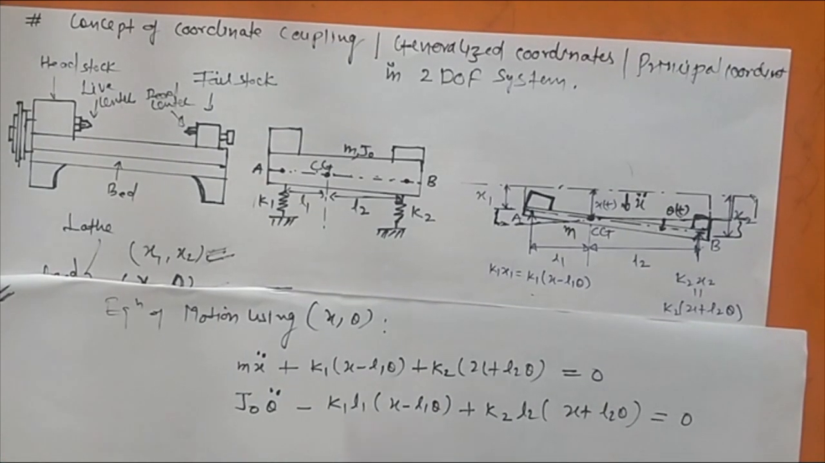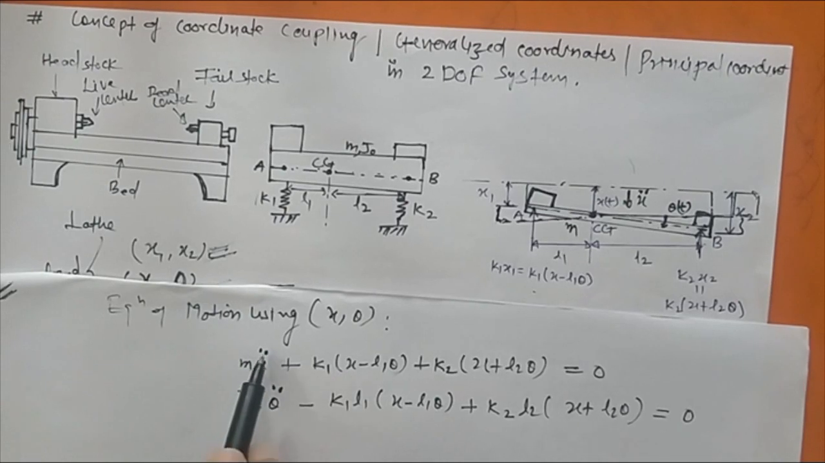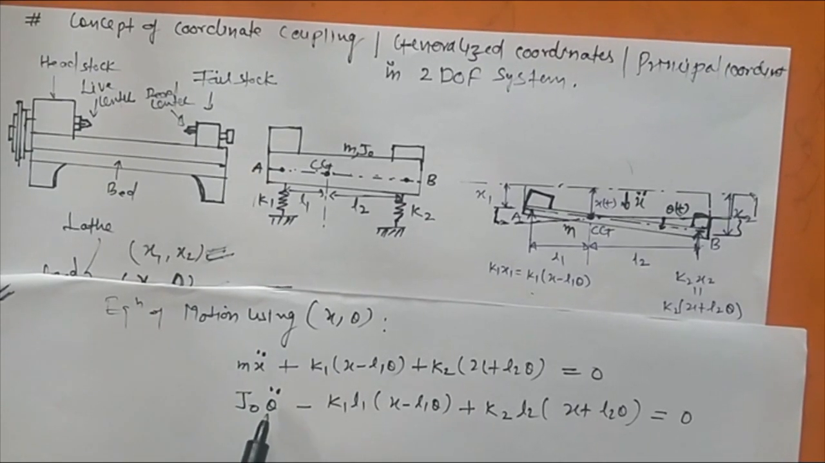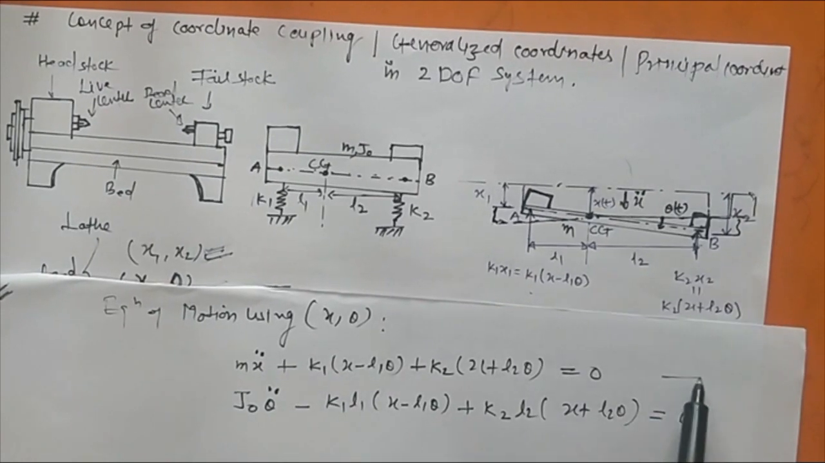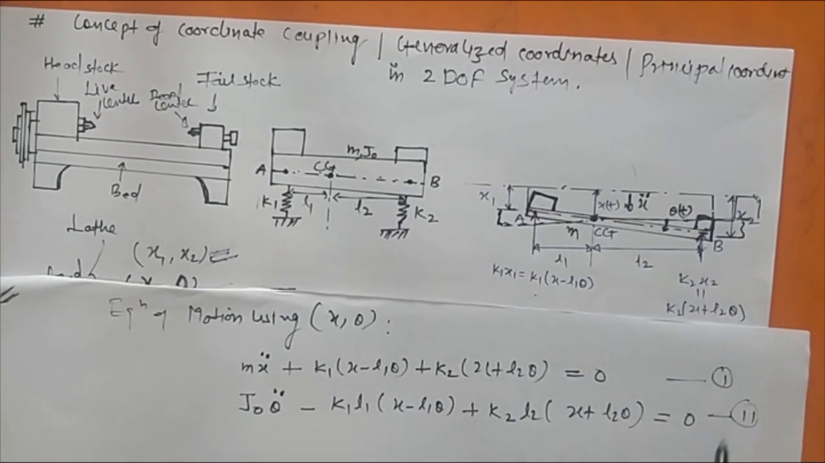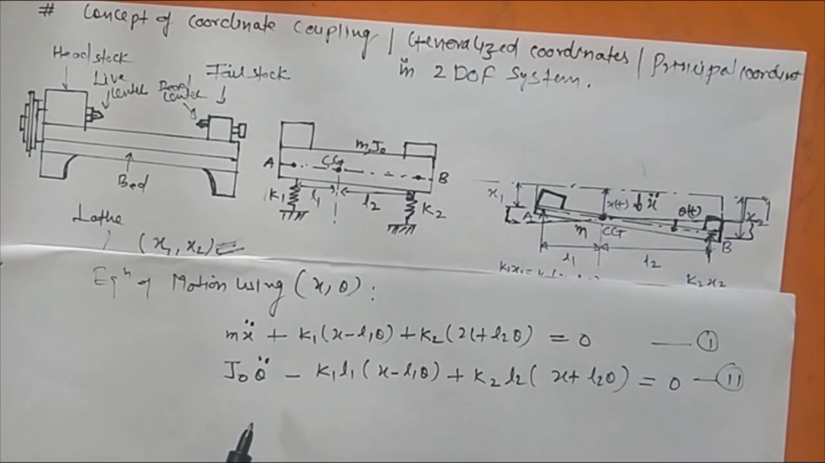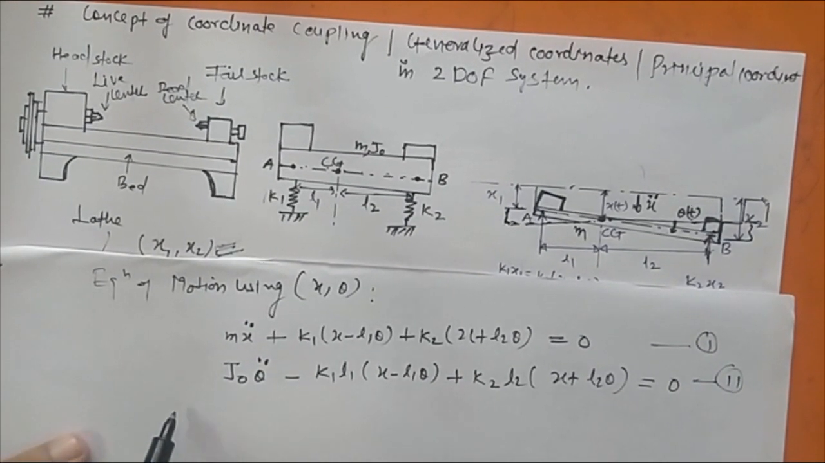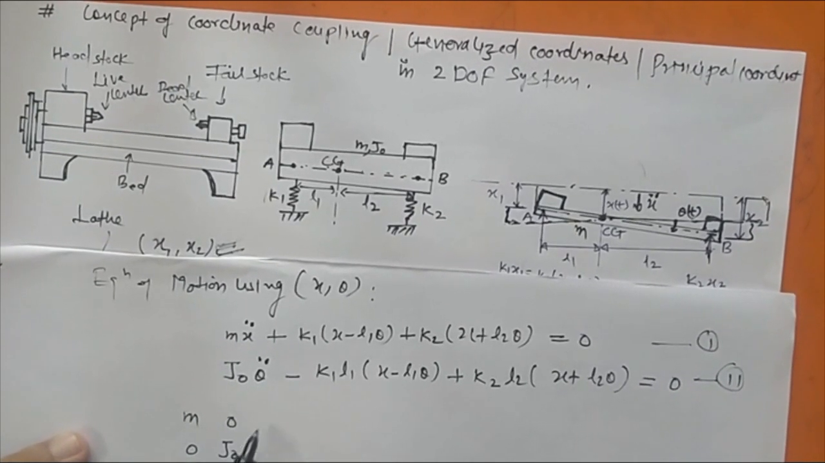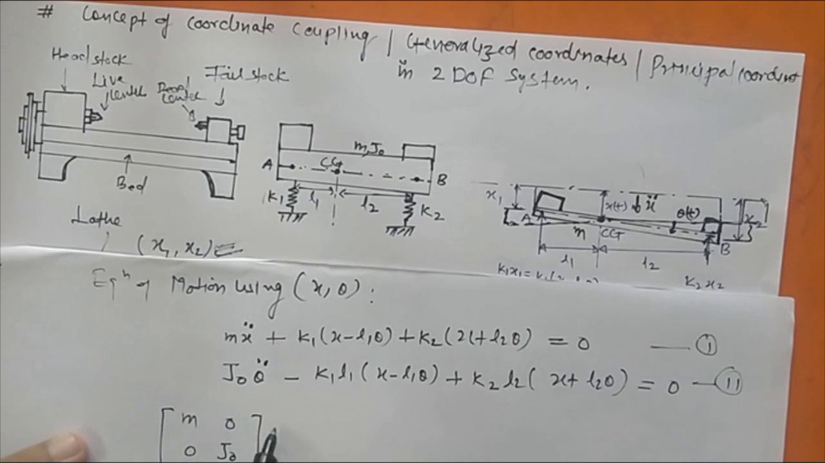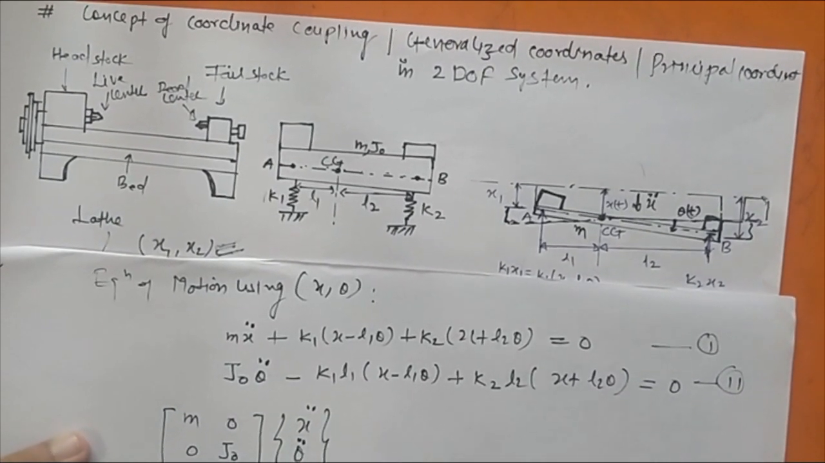So these are two equations for two degrees of freedom: first the linear displacement x, and second the rotational displacement theta. Now these two equations can be written in matrix form. So the matrix form of this equation is [m 0; 0 J naught] multiplied by [x double dot; theta double dot]